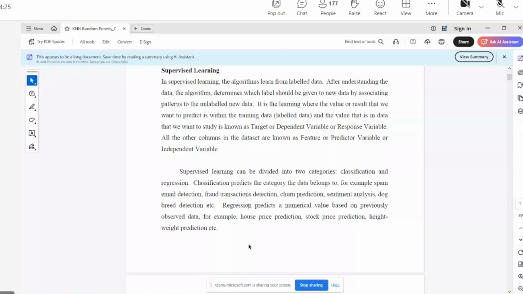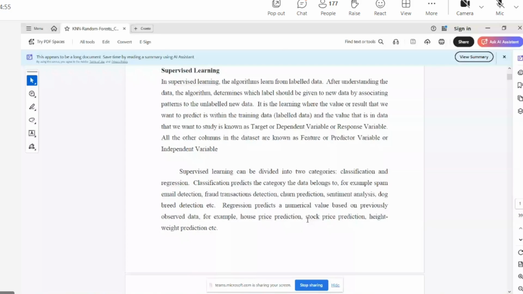Now, coming to the numerical values, the problem with numerical values is called as regression. For example, house price prediction, stock price prediction, height and weight prediction. These are all numbers. So simple. You play with numbers, it's a regression problem. You play with non-numerical data called as categorical data, we say it as a classification.